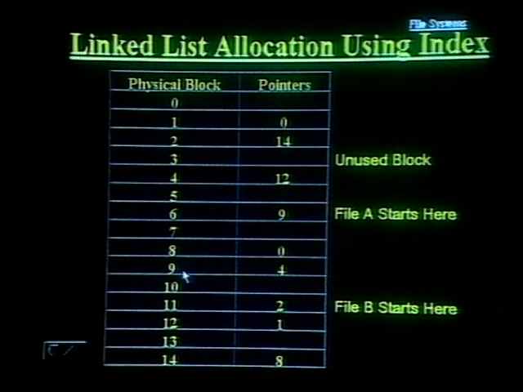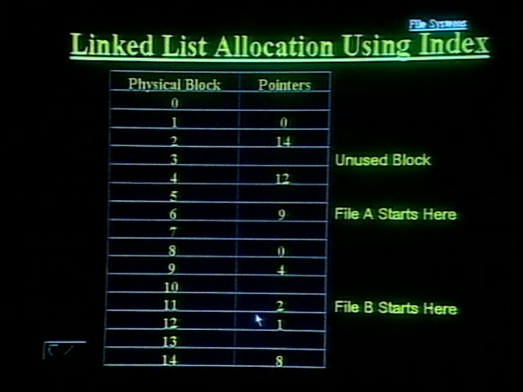We go here to 9, and from 9 we have a pointer to physical block 4. We go to 4, and from 4 we have a pointer to physical block 12, and from 12 we go here. It means our file A occupies block 6, block 9, block 4, block 12, and block 1, where our file A